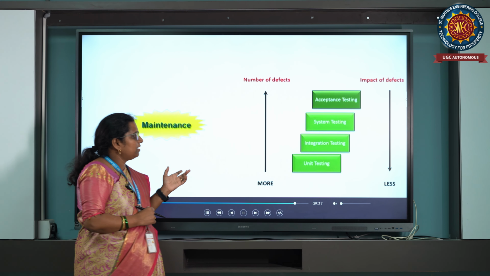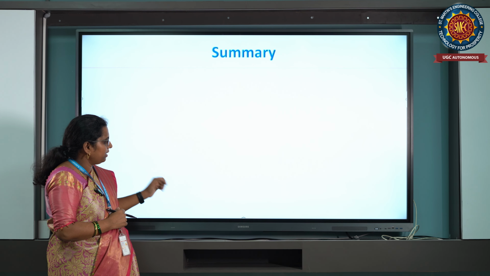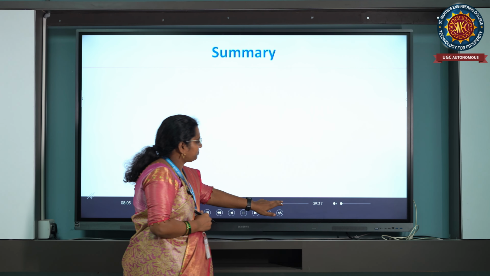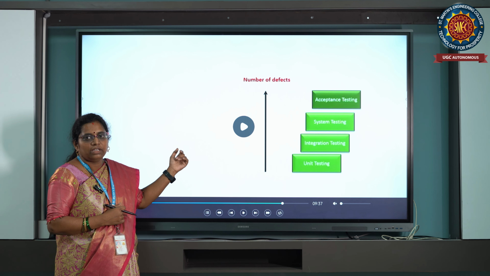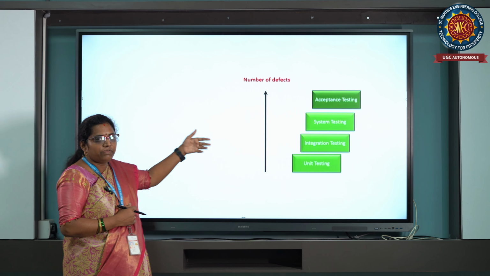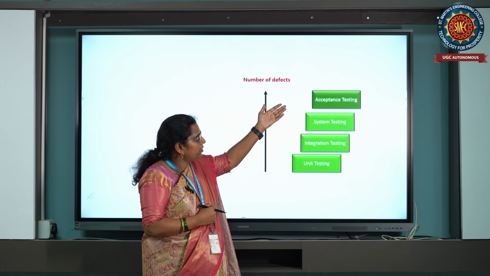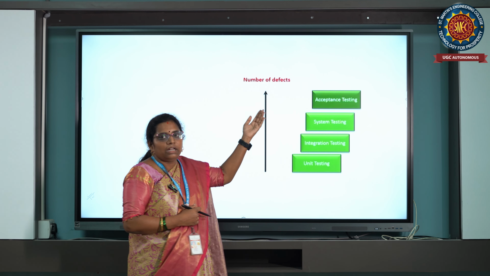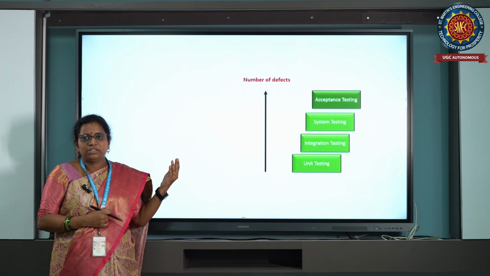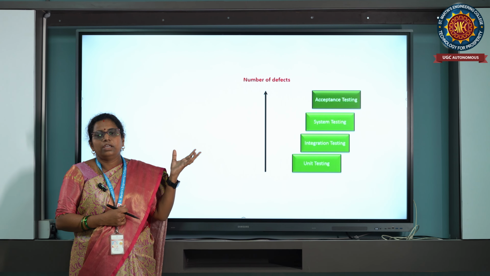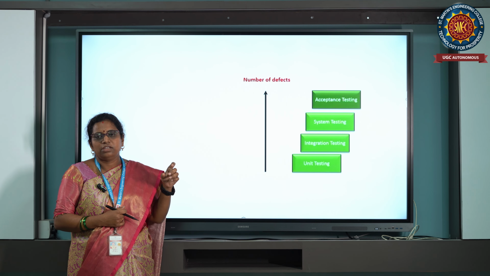Now, how many defects are there? Next is the impact of defects. That is the maintenance phase. How many defects are there, you can find out. In each phase you can find out and you can clear it. And then they are going to do it in the acceptance testing. Last comes the change control board. What they are going to do is, if any defects are there, they are going to come back and change it. That is called the change control board.